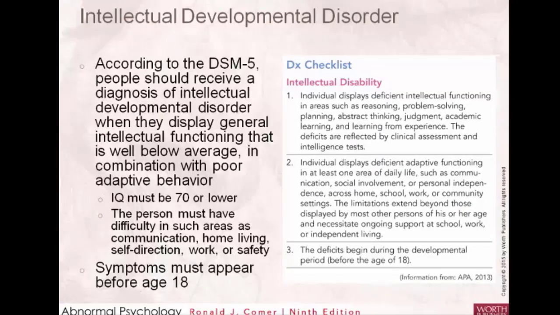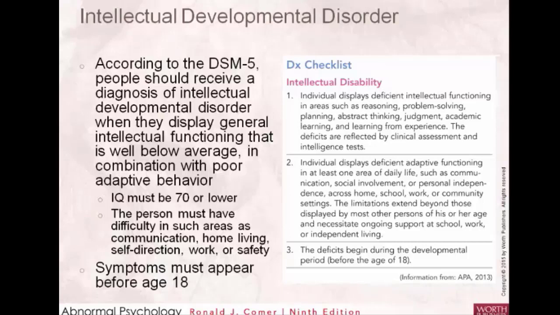Alright, so moving on to intellectual developmental disorder. Now, this is one potential term for this particular disorder. The other terminology that you might hear currently would be intellectual disability. So what we're talking about here is what would previously have been referred to as mental retardation in earlier forms of the DSM. But with each new edition of the DSM, in addition to changing the criteria that we have for particular disorders, we sometimes also change the names of disorders, particularly if there's been some kind of stigma associated